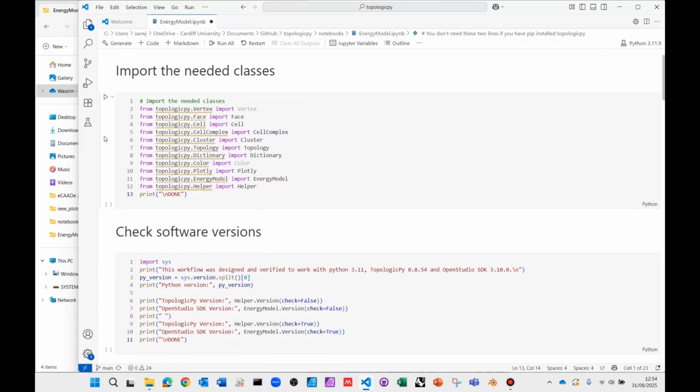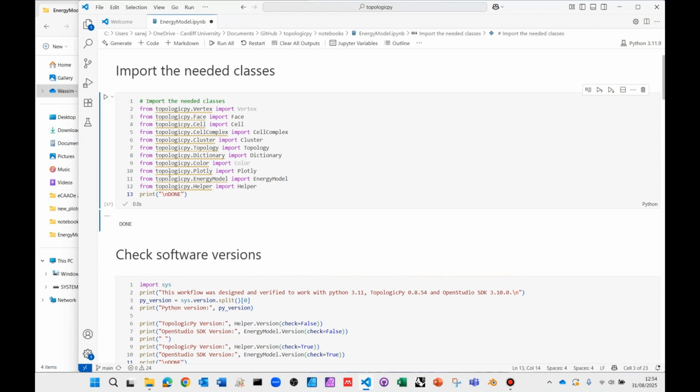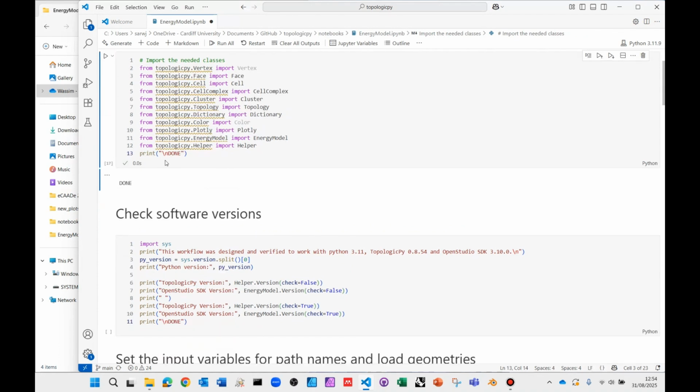The first step usually is to import the needed classes. As you can see here, some of them are not needed, like Vertex and Color. They were just here. It doesn't hurt to have them. But these are the classes that we're going to import. So this is done. I tried to put a print done at every cell so that you know when it's done, because some cells take a little bit of time to finish,